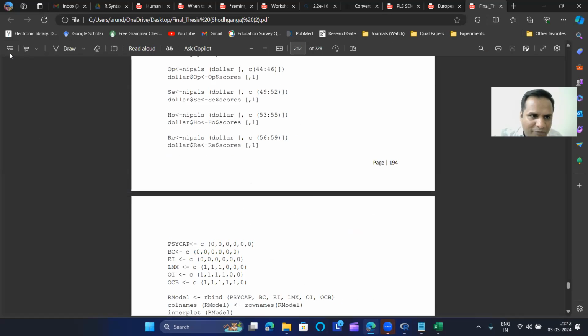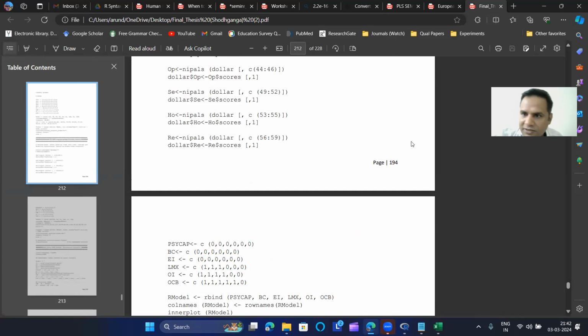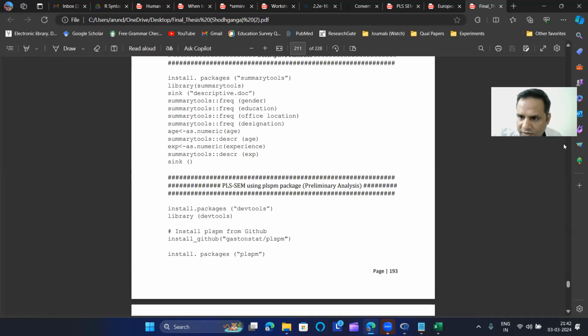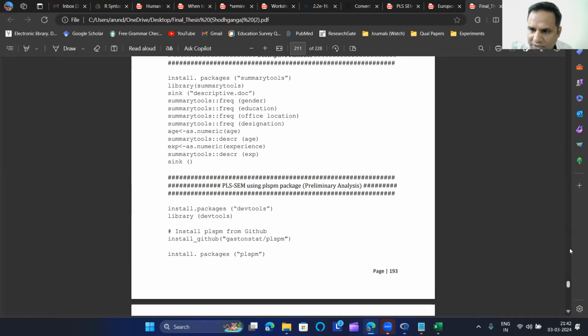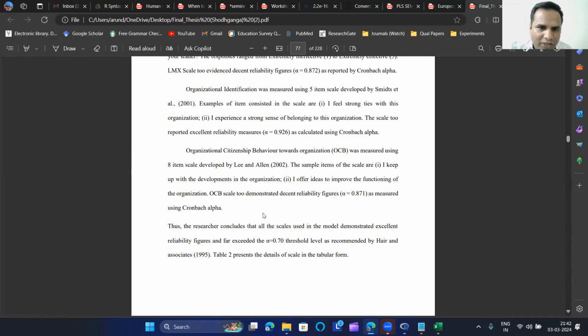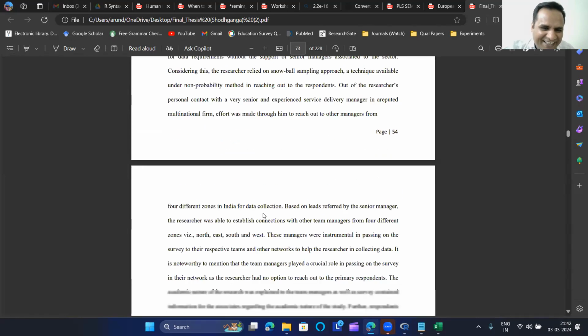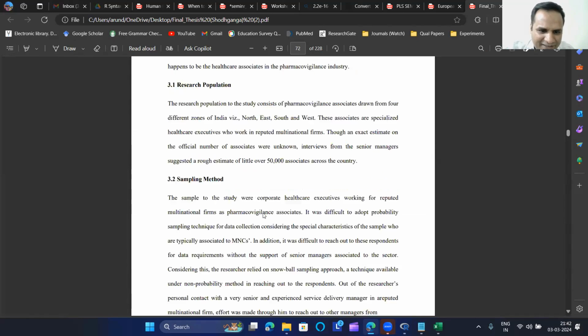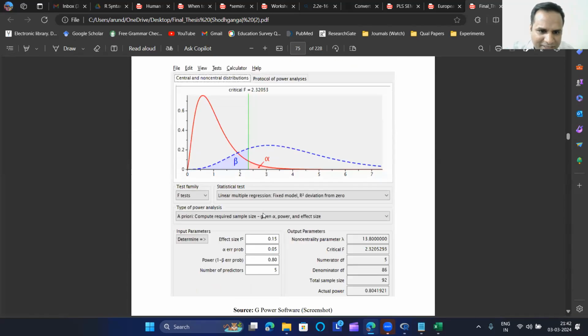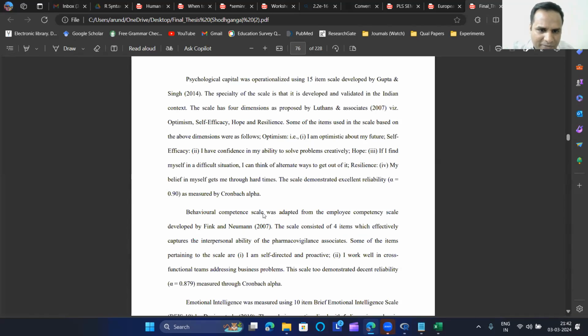Abhishek, just a second. Have patience with me and see my thesis. It's a wonderful question, and see my thesis. See, I'll report which software I use. Everybody will laugh at me. Now, see the statistical analysis part. Research population, sample size estimation, and measurements, and